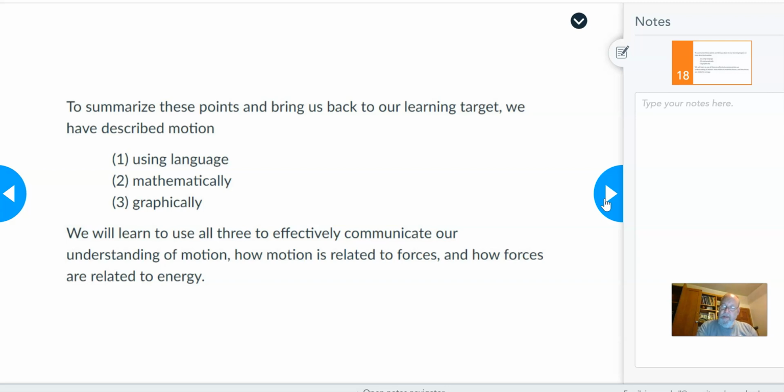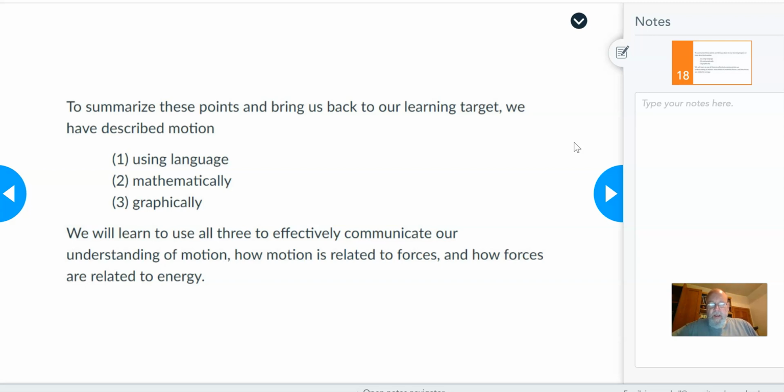We will learn to use all three to effectively communicate our understanding of motion and how motion is related to forces and how forces are related to energy. Okay, so this is the end of the class notes for topic or unit page 1, which is just talking about how we talk about motion in three different ways: language,